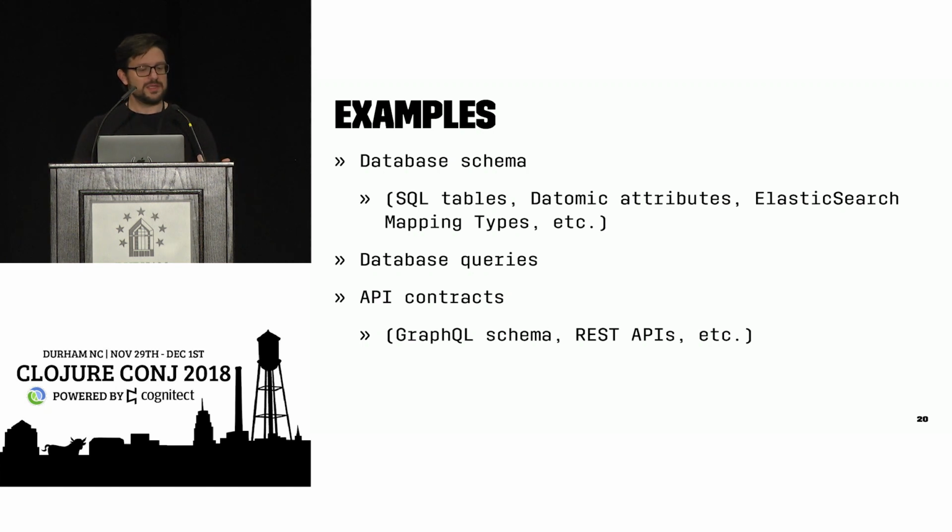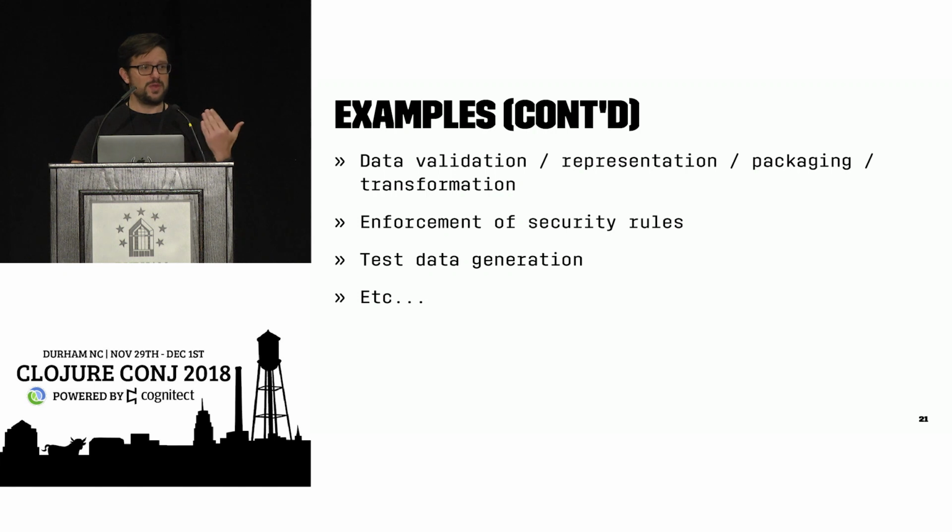How are we going to query this? Do we expose this via an API? Which kind of API do we use? Do we use REST, GraphQL? And it goes on and on. How do we actually deal with data validation? How do we package this? Do we need to transform? Multiple layers of transformers. Do we need to generate data for testing or enforce security one way or another? In all these